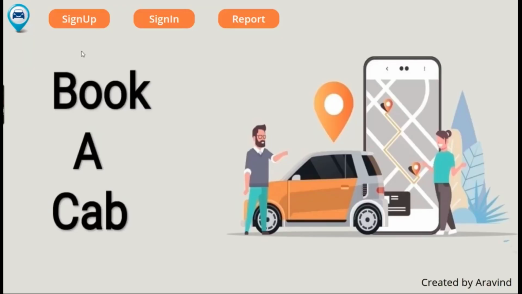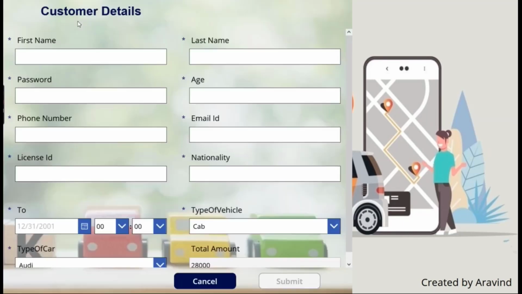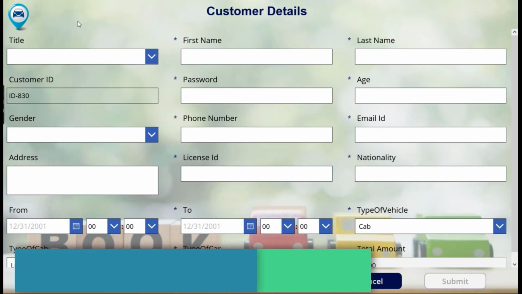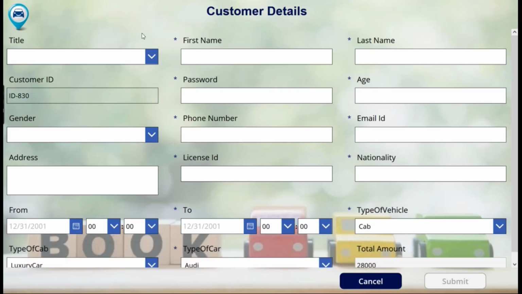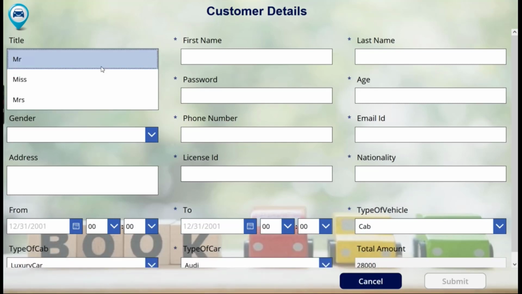Coming to the app, this is the landing page. If the customer is new, he can click on sign up and register by giving all the required details. Here we can see the customer ID is automatically generated by selecting the title.